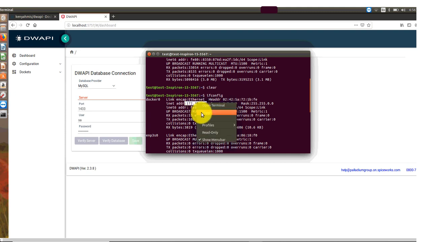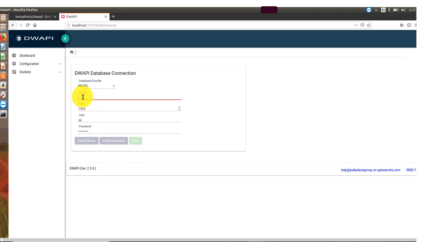You can copy it and paste it under server. Make sure that you have only pasted the IP address alone. On the port, you will use the MySQL port, which is